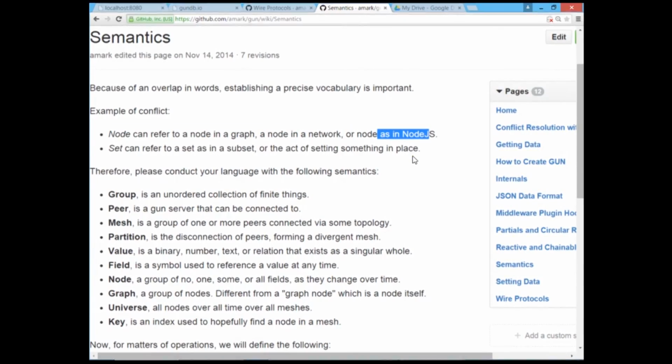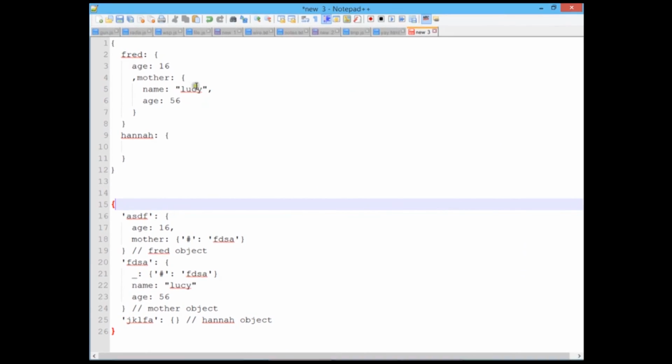So I just have a specific vernacular for explaining stuff. In the case of the data itself, it's reduced down to a value, which is a Boolean, a string, a number, or a relationship, a field, such as age or girlfriend or mother, and a node, or an object, is